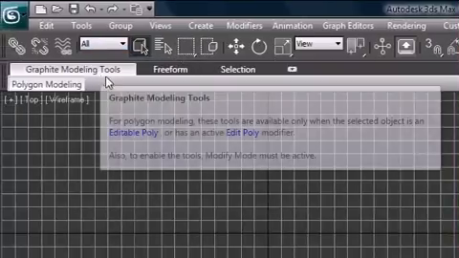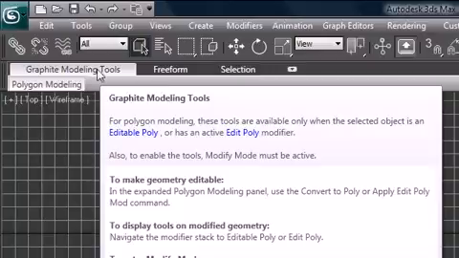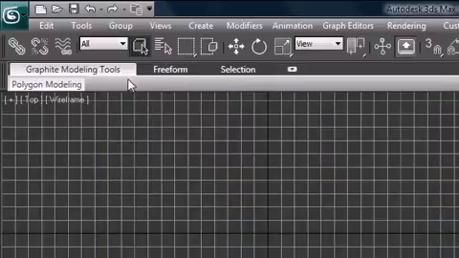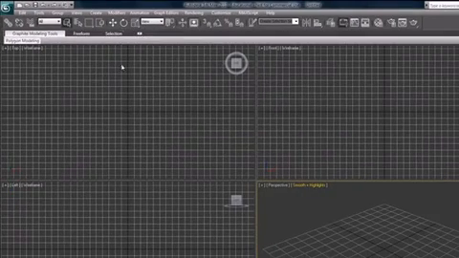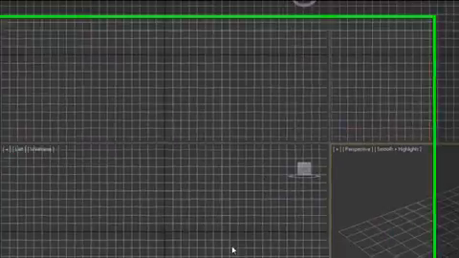So under this thing right here with the graphite modeling tool, freeform and selection, this is called the ribbon. Now I'm not even going to tell you guys what this does yet because it's pretty advanced and it'll just confuse you. So aside from these little things right here, you get this big mama right here, all of this